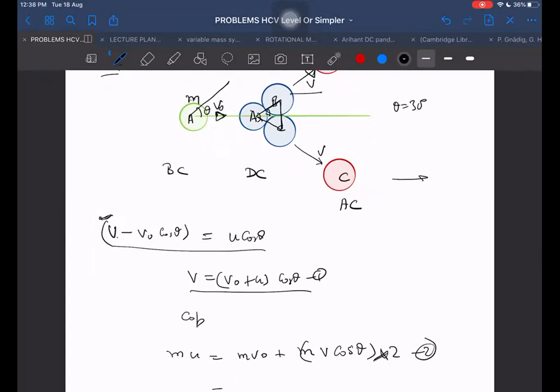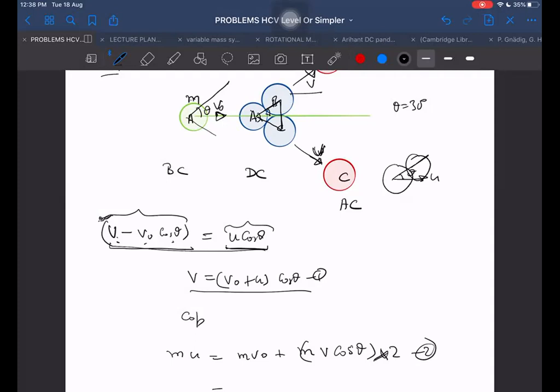See, the initial velocity was u, but along the line of impact that velocity will be u cos theta. So I took the initial velocity of approach to be u cos theta. The velocity of separation: this is already separating along the line of impact with velocity v, but at the same time this is approaching with v naught cos theta. So v minus v naught cos theta is the velocity of separation. Are you understanding this part or not? If you are not understanding this, then you cannot go anywhere.